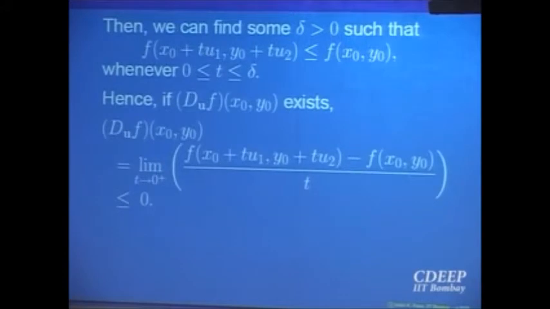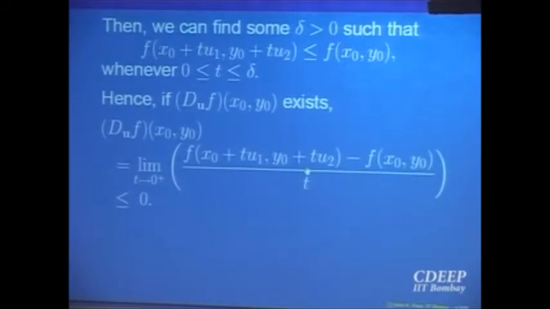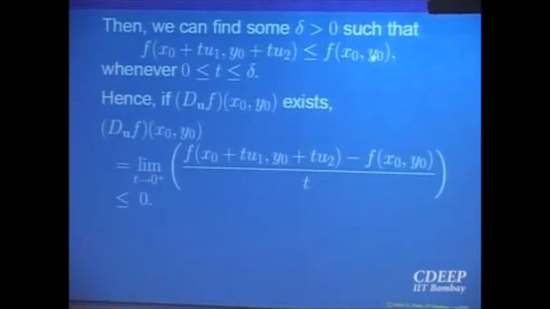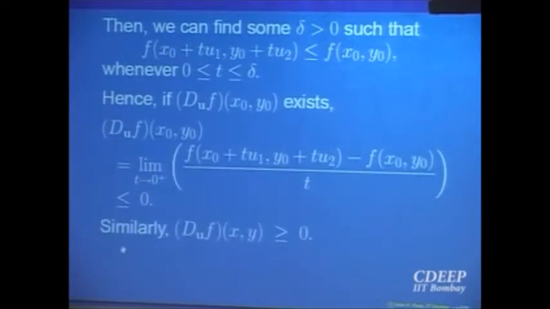There also we showed that if a function is differentiable, the left derivative, which is actually the derivative, is bigger than or equal to 0. Similarly, the right derivative is less than or equal to 0. The same proof works here because we are only moving in one direction. By using the fact that this is a point of local maximum, this condition gives you that the numerator is negative. So for t bigger than or equal to 0, if you take the limit, that limit is less than or equal to 0. Similarly, if you take t less than or equal to 0, then this is bigger than or equal to 0.